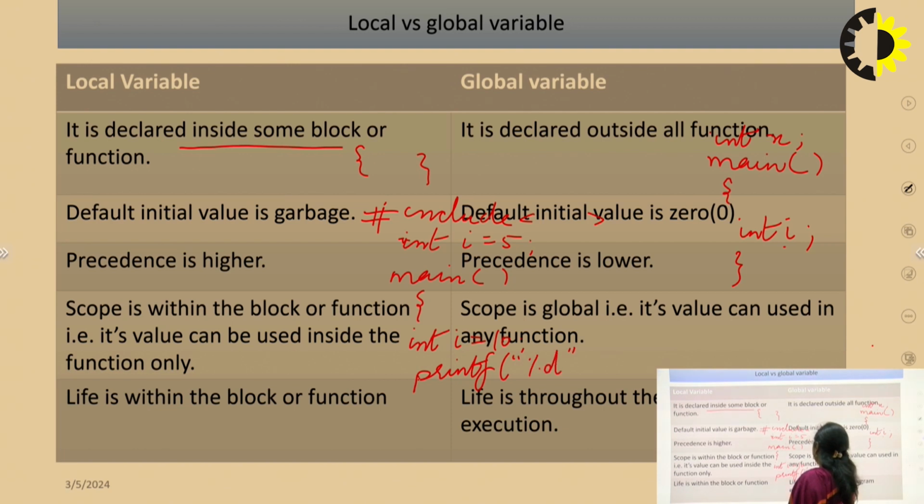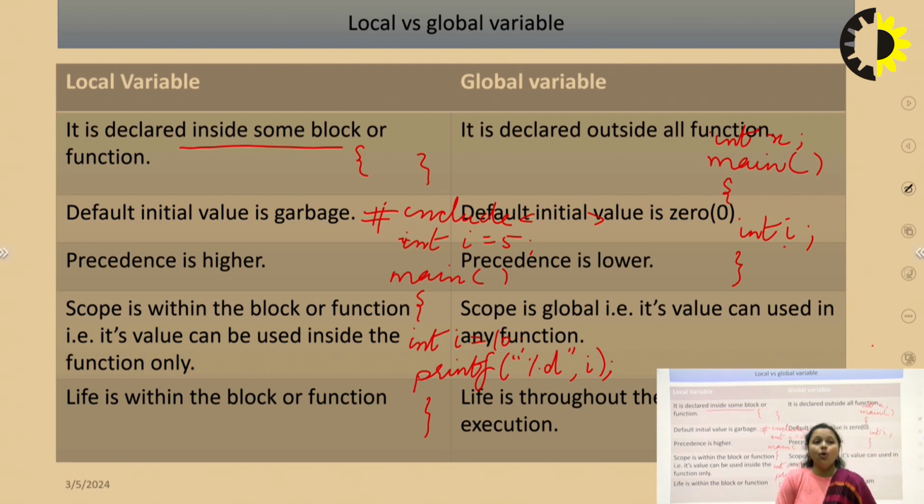Printf %d i. What will it print? It will print 10, since i has been initialized 2 times. First, int i equal to 5: i is a global variable, globally we have defined i as 5. But locally, we have defined i as 10. So the precedence of the local variable is more when we compare it with the global variable. So it will print 10.